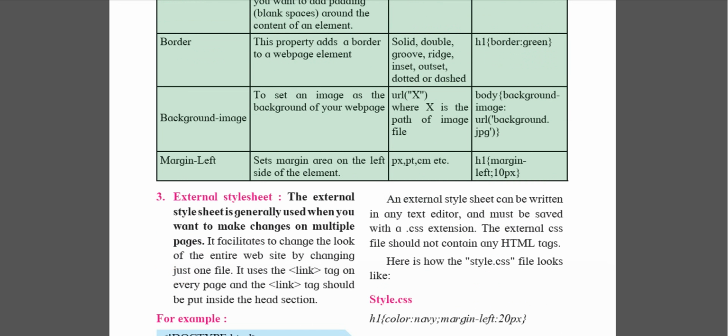Now we are coming to the external style sheet. An external style sheet is generally used when you want to change multiple pages. With this facility, you can change the look of the entire website by changing just one file. It uses a link tag on every web page, and the link tag should be put inside the heading section.